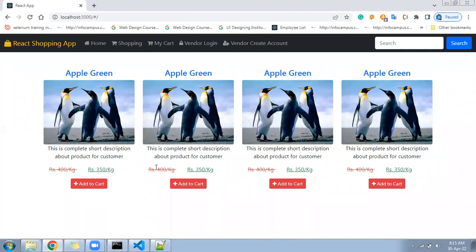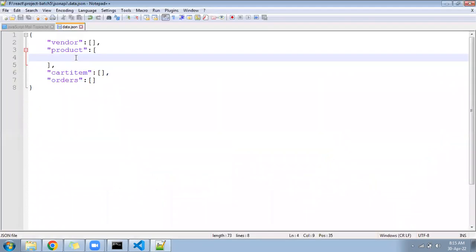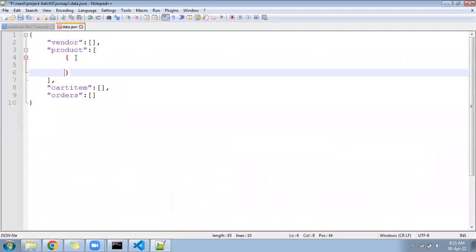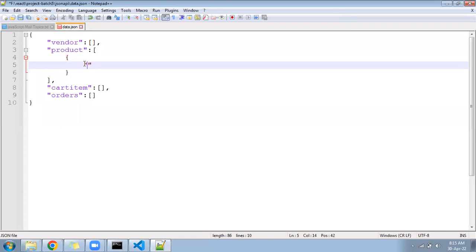We'll remove this offer price. Then 1, 2, 3, 4 details we require: name, price, details, and photo. So follow the array, and using that we will be writing for the ID